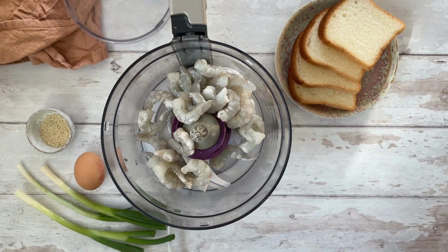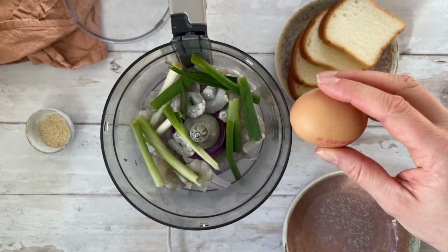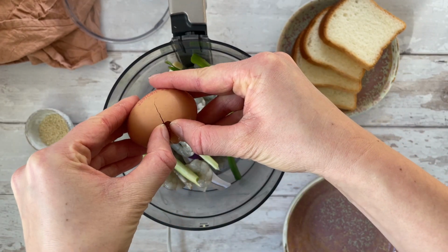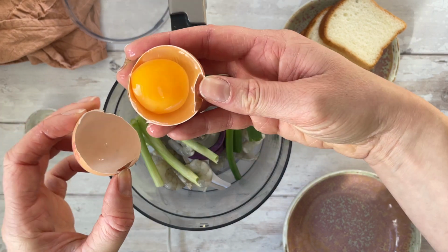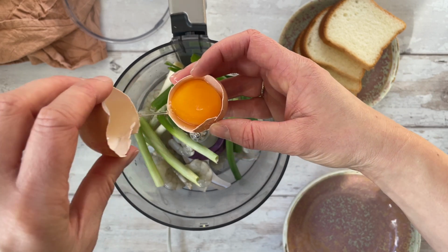So first of all, we're going to need to create the paste for the top of the prawn toast, and I'm using some shelled, frozen gluten-free king prawns that I defrosted and chucked in a food processor. I'm also adding some spring onions and an egg white. Now make sure you put the yolk in the fridge because you can use it for something like an omelette